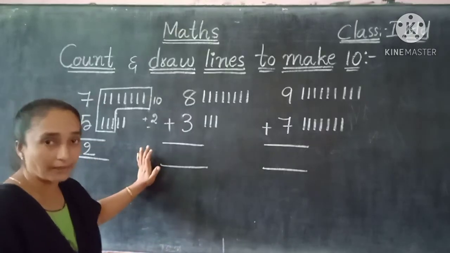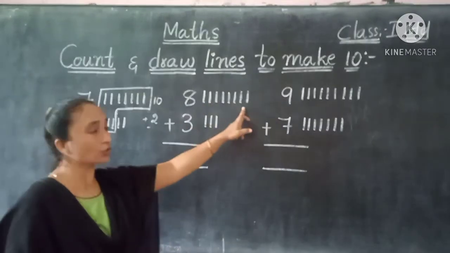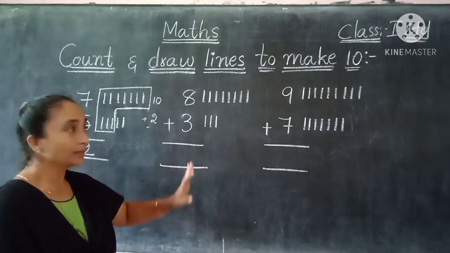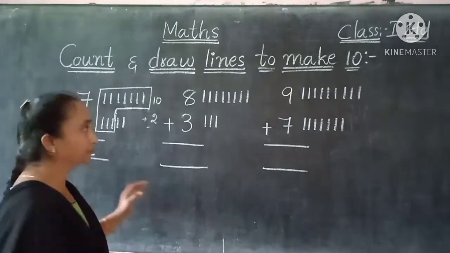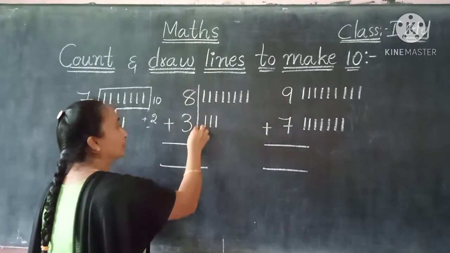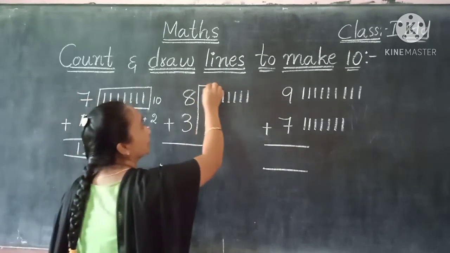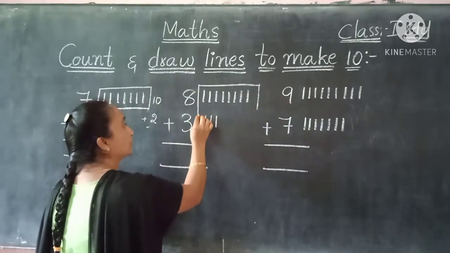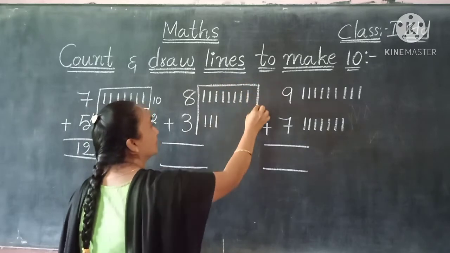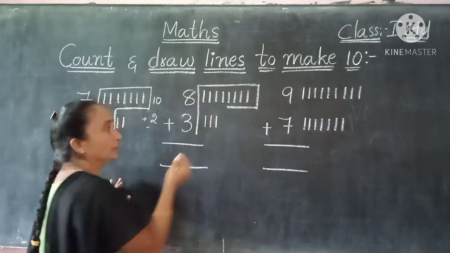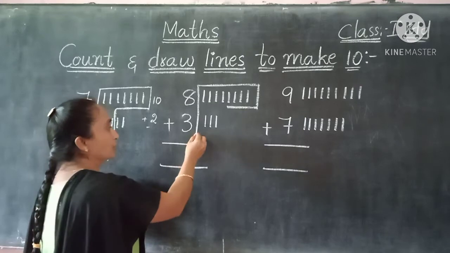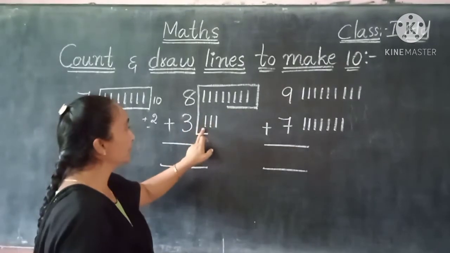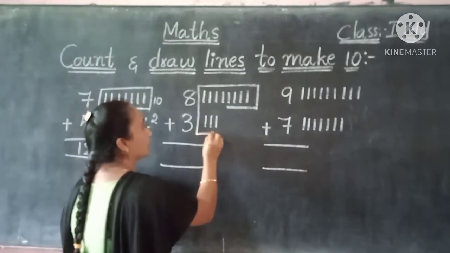So 8 plus 3 they have given here. Here we have drawn the 8 lines, and here we have the 3, so 3 lines. Okay, now we make it a 10. First of all, here we can make a line. Here we can draw another line, and here another small line, up to here, so it will look like this box. And here it will come in the middle. Okay children, just keep it aside. Here again we can make it a 10. 8 we already have, then 9 and 10. So the 2 lines we are taking.